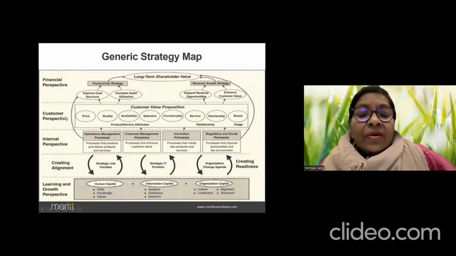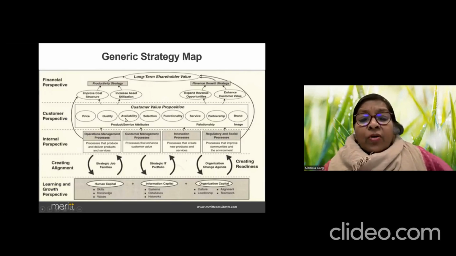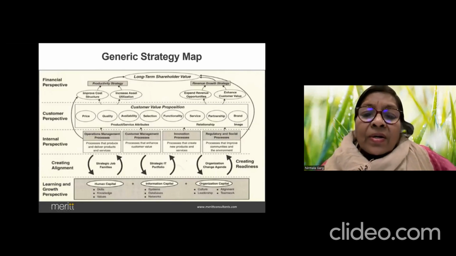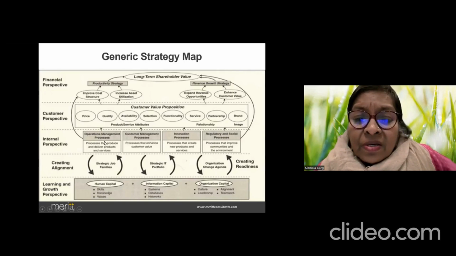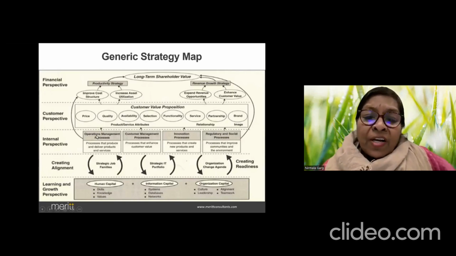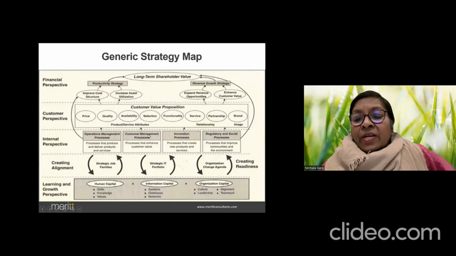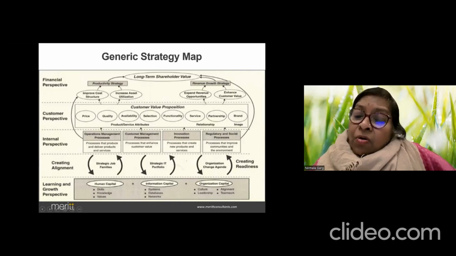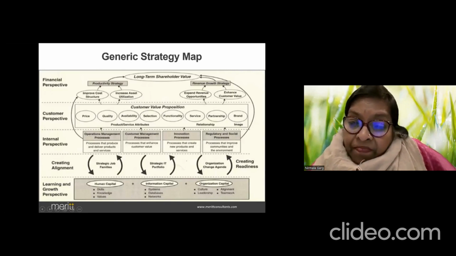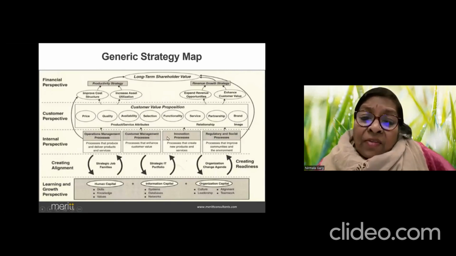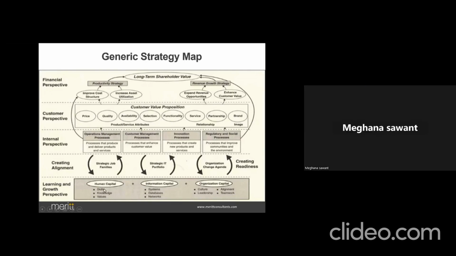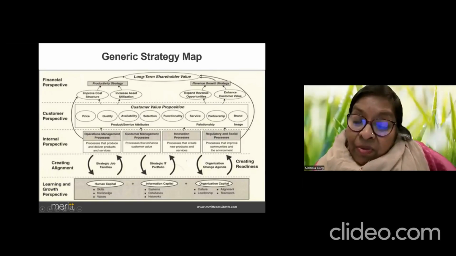So these are all attributes which one looks at when looking at the customer perspective. In order to deliver this, what do I need to have? I need to have internal processes. These processes could be operational management, customer management, innovation processes, regulatory, production, marketing. So, all those functions in the organization. Now, in order to drive these processes, what do I need? Human capital. I need technologies. I need culture. Are you with me?